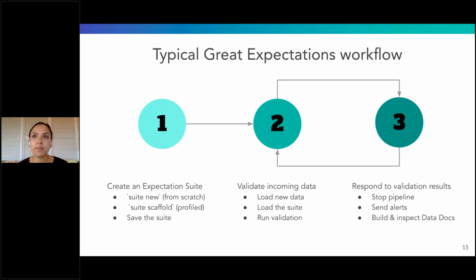In terms of your typical Great Expectations workflow, I've already mentioned it, but I think it's sometimes not super clear that it's a two-to-three step process of creating an expectation suite. Step number one is to create an expectation suite. There are different modes to create an expectation suite. It's either suite new or suite scaffold. So suite new basically just means you